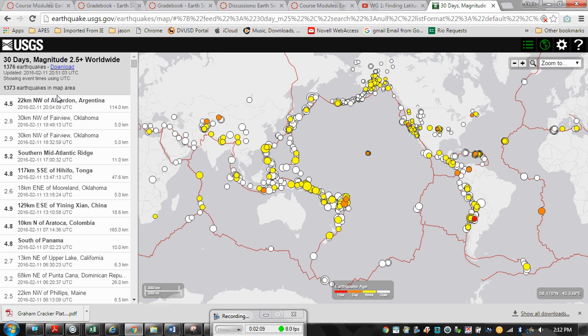Over here on the side, this area is sorted by when the earthquake actually happened. If you look over here on the left, this first number is the magnitude of the earthquake. So this was a 4.5 magnitude earthquake. It happened 22 kilometers northwest of Albarden, Argentina. It happened on February 11th, 2016 at